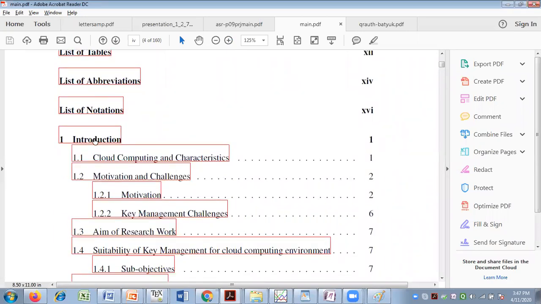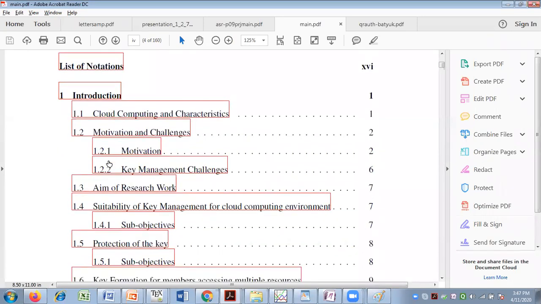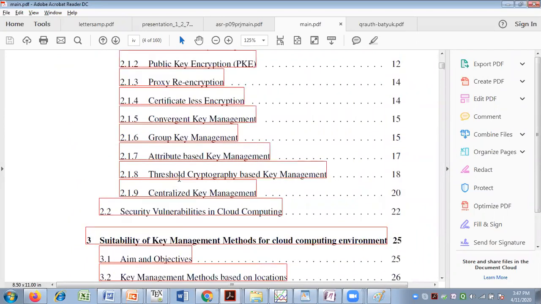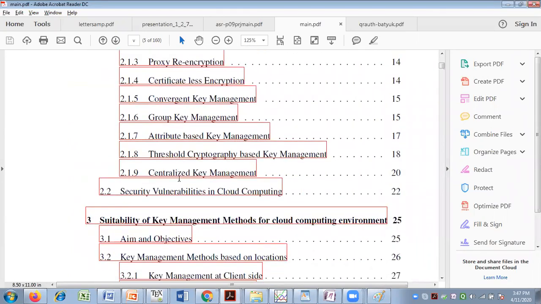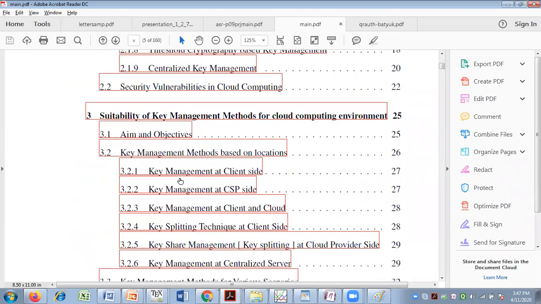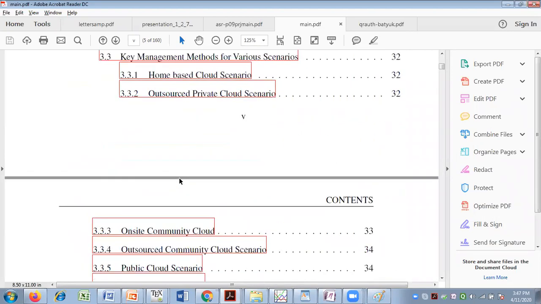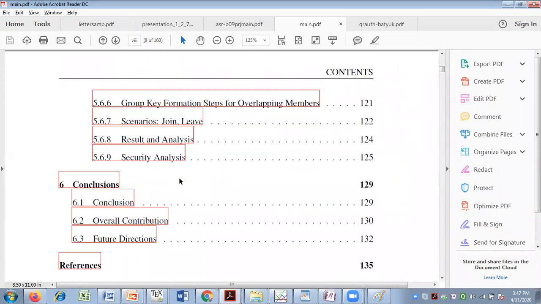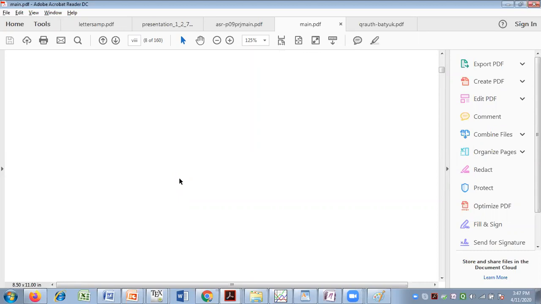Here, the feature of this LaTeX tool is that the contents are automatically generated based on the section and subsection, right? So this is the introduction section, right? This is a subsection, cloud computing characteristics, motivation and challenges. This is a subsection of motivation and challenges. So this is automatically created by using the LaTeX tool, right? So the LaTeX tool is more powerful than the other tools, right? This is automatically created. If you create it using Microsoft Word, it will be hectic for you,